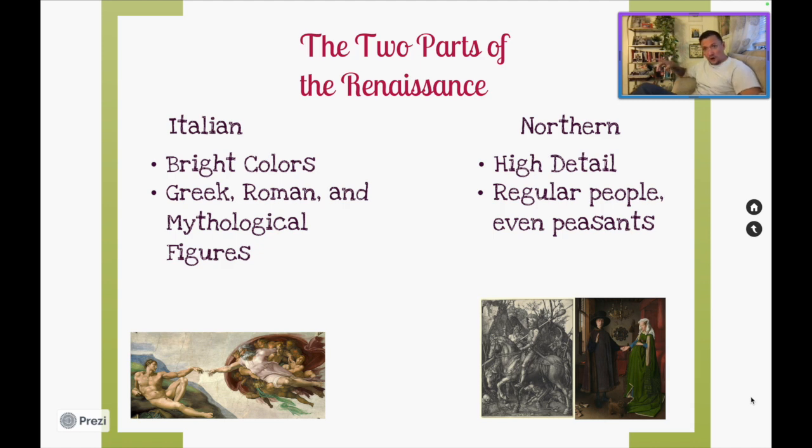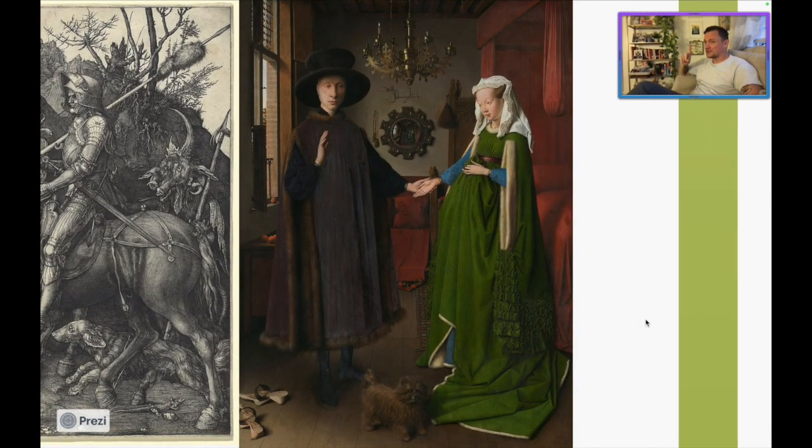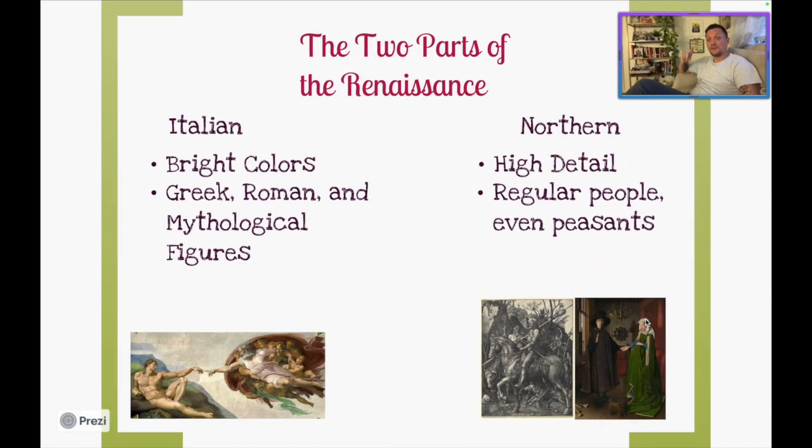Now the Northern artworks typically tended to include regular people. This wasn't completely different from the Italian artworks, because Italian artworks were sometimes portraits too. Look at the Mona Lisa, who was a real woman. Her name was Elisa Ghirlandaio. But the regular people aspect of the Northern one is going to be important, not so much just including wealthy people. For example, this one right here is called the Arnolfini portrait, which is one of my favorite ones. But those are regular people, and they were wealthy.